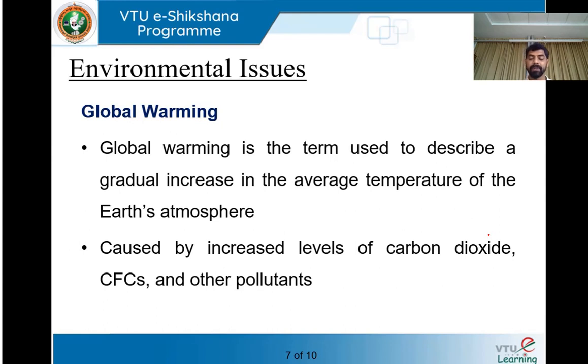Not only that, floods also occur. How do floods occur? The glaciers melt down, and the sea water level also increases. As you know, as the temperature increases, the density decreases. The sea water, as it receives more heat, decreases its density. Decreased density means an increase in volume. So where will the water go? Water has to come to us, isn't it? Due to high temperature, the glaciers also melt, resulting in droughts, floods, etc.